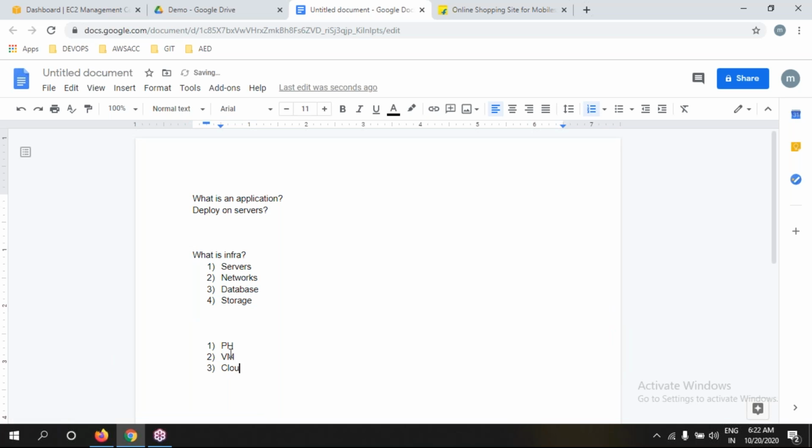We can get this infrastructure to maintain our application physically, virtually, or through cloud, and that too AWS cloud. So let me start with what is AWS.